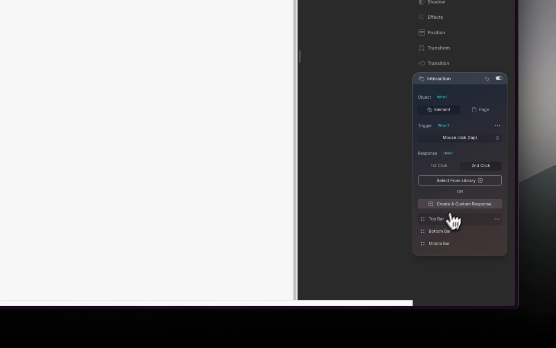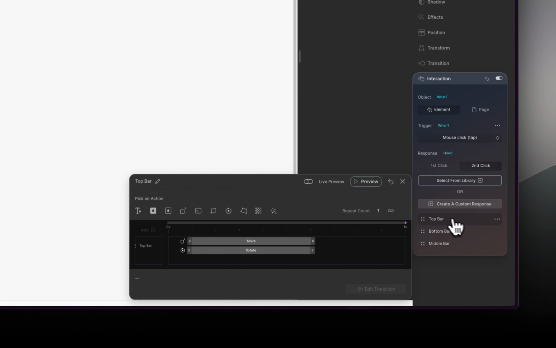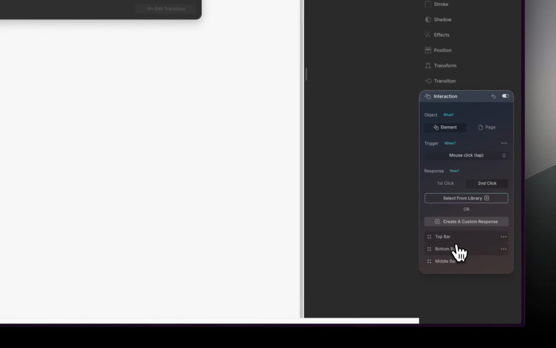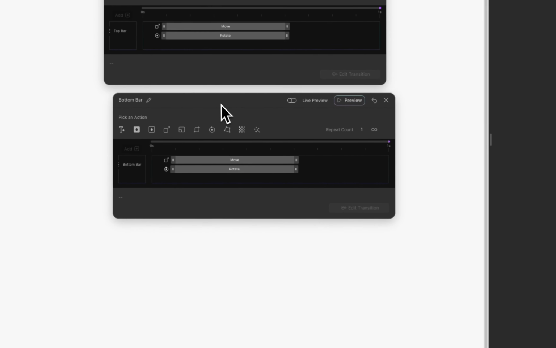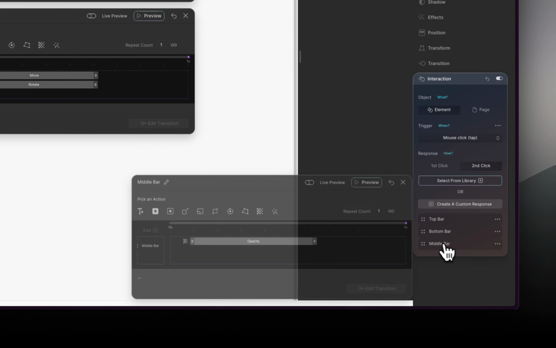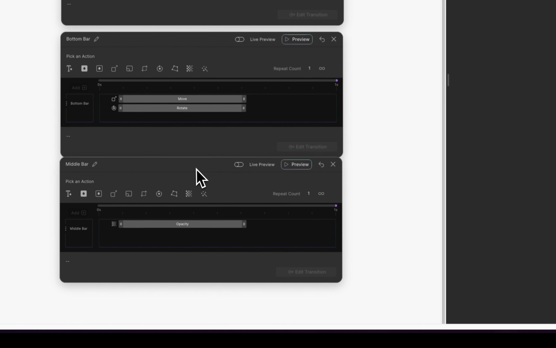So to do that, you have it on here. You see this 3 dot. You click on that and you say duplicate the second click. Go in here, the same thing to this, duplicate the second click. Go in here, same thing, second click. So you go to second click, then we click on top bar, drag this bottom bar, you drag it up, and then middle bar, and then we also drag this one here.